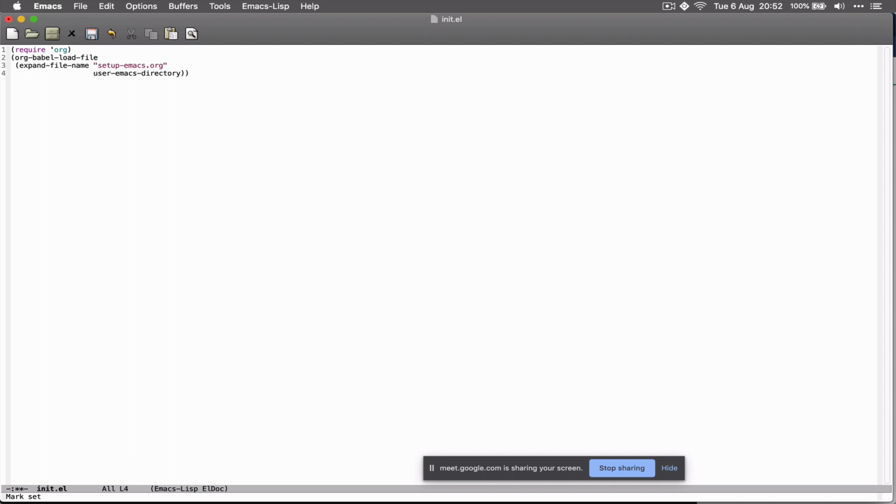So what this says is we are requiring the org mode, which is equivalent to import in JavaScript. Right, so we've required it. And then we are saying, given an org file, which is located in the user Emacs directory, which is the one that we are in, .emacs.d, look for a file name called setupemacs.org. Expand the file name with this directory in context, which means give me the absolute path, and load it